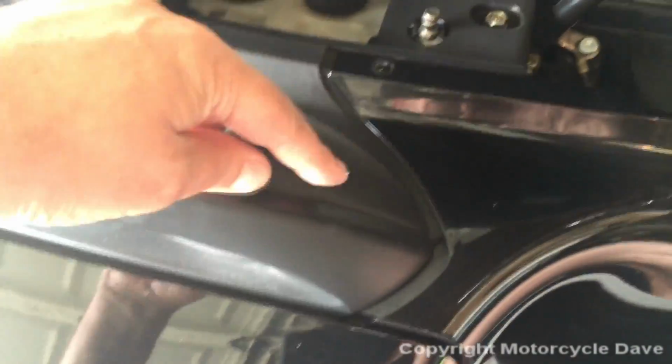And we want to pry it up high enough so that we can slide this panel inward under here without scratching this. What I usually do is put a rag over the hump here, because when you slide that panel in, this panel can scratch it, okay? So let's go ahead and do that. I can't do it with one hand,